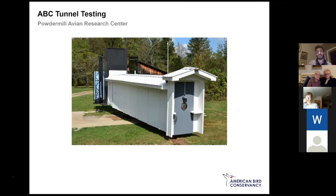And on the far end of the tunnel, you'll see kind of a blue screen. And right before that blue screen are two panes of glass. One is a clear control, and the second has a bird safe treatment on it. And there's a net in front of that. And so the video camera that's mounted on the tunnel is looking, as the bird is flying through the tunnel,